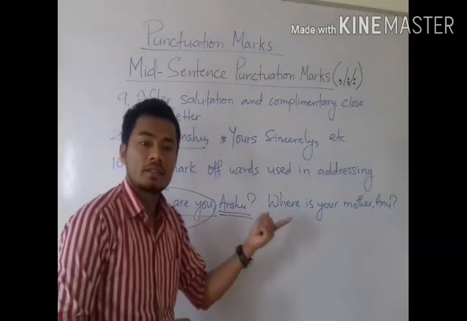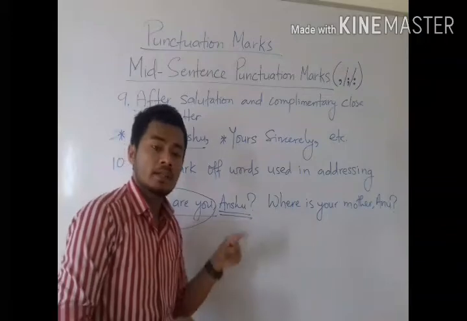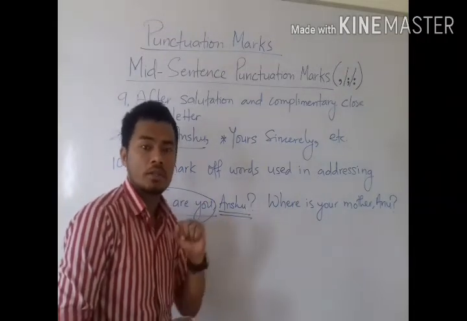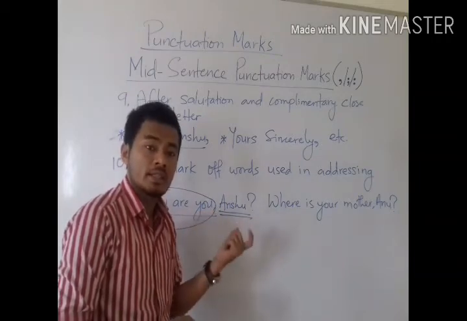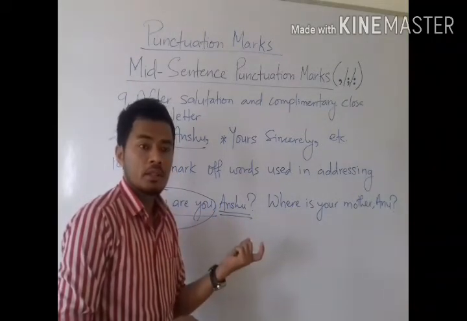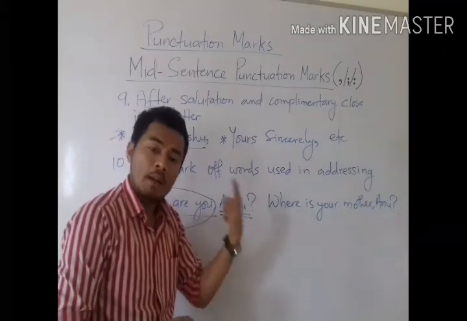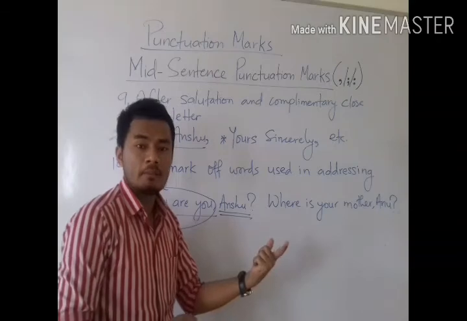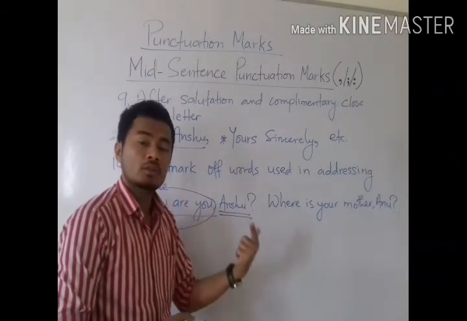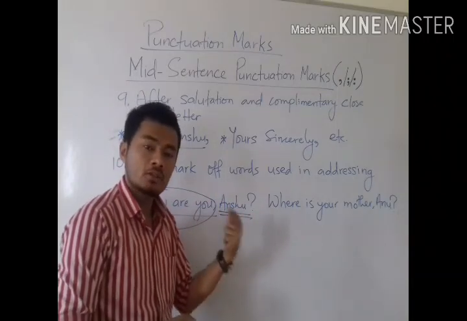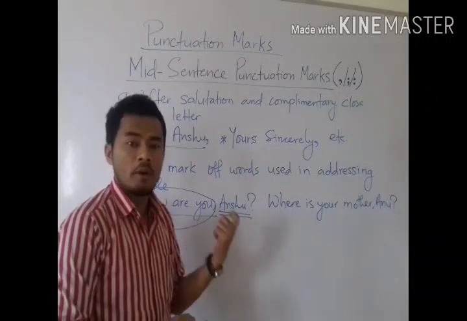Comma, Mr. Sam. What are you doing, Mr. Sam? So this question should be written like, what are you doing? Comma, Mr. Sam, question mark. Understood? So whenever you are asking a question by addressing some other person, after completing the question, you need to put comma and you have to write the addressed person's name, and after that person's name only you have to put question mark. Okay, so these were all 10 conditions to use comma in sentences.